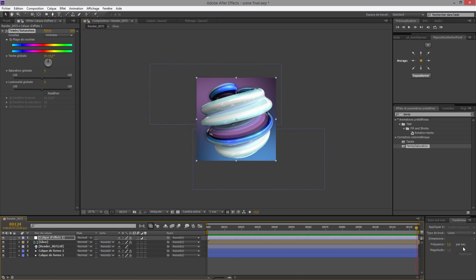Yes, it's good. And go to the first keyframe here, the slider, put it all the way on the left, and put a keyframe here. Click on this little watch. Go to the end, and here, instead of 0, put it to maybe 2. So now, if we hit play, we got this color changing.